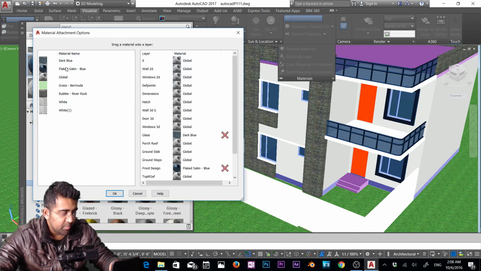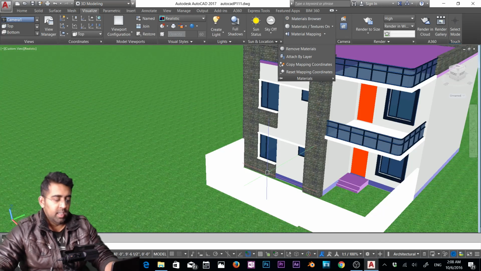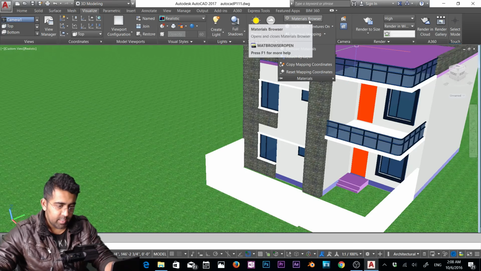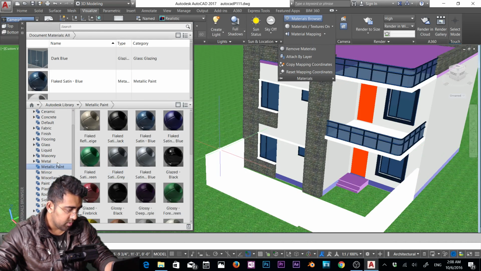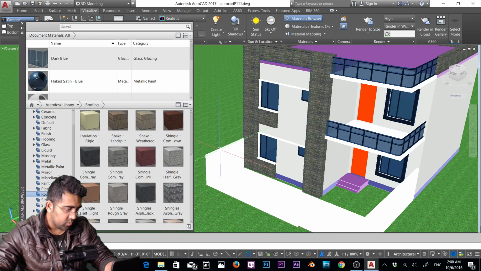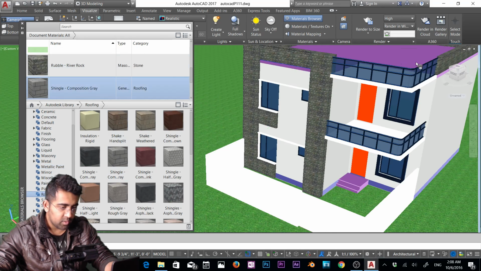And we can use the same material and drop that on the 3D window frames for the frames as well. So click OK, done. Now that's done, and maybe we can apply some materials for these floors. So for the floor, let's try finding roofing. So let me try this one. That should look alright. So I'm just gonna take that, drop that there, take that, drop that there, take that,